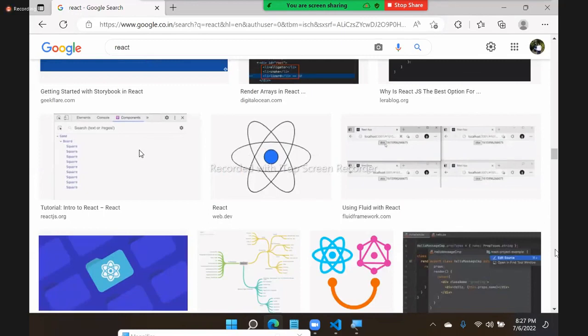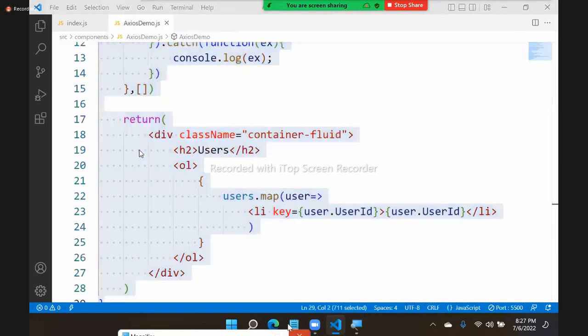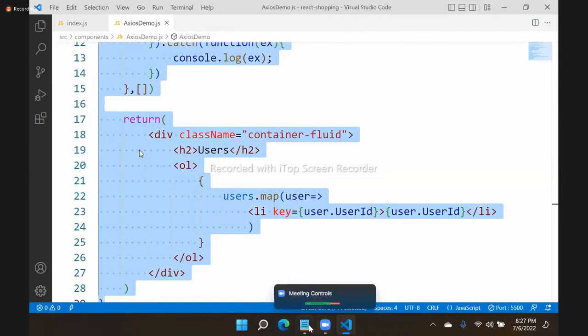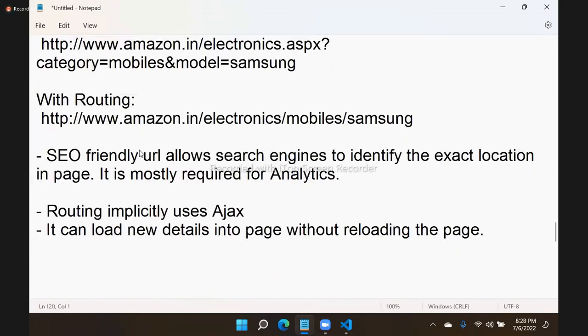Only new details are loading. The new details are added. This is the concept of routing. So that means it can load new details into the page without reloading the page. Another important point, the user can stay